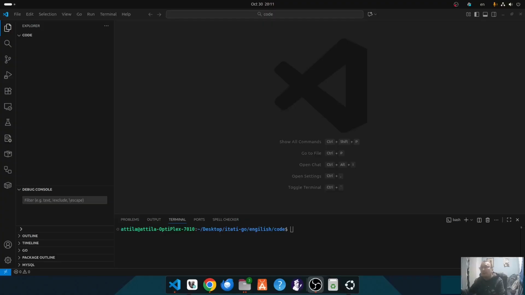For the rest of the series, I will use Visual Studio Code. You can choose any editing software you like. I assume you already installed Golang on your system. First, let's create our first Go file. Right-click, new file, and I'm going to name it main.go